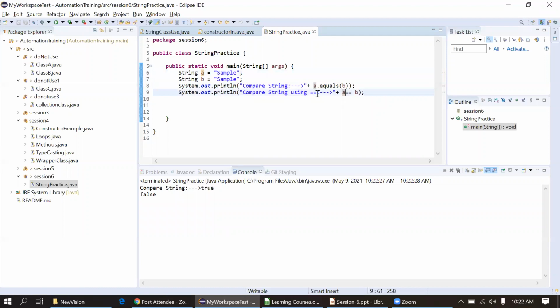It just compares the memory location, meaning where we have stored the sample in the memory of the JVM. So it will never pass if you use == in this case. So any doubts here?